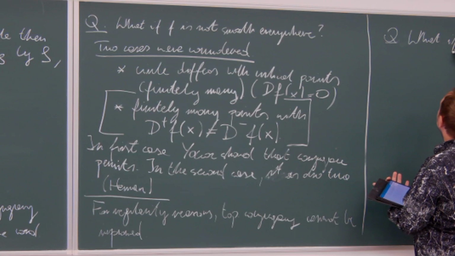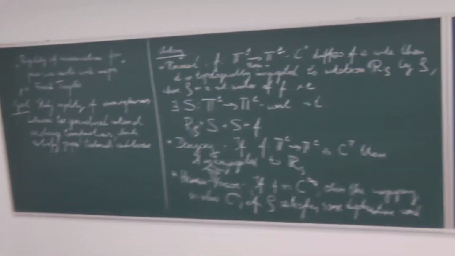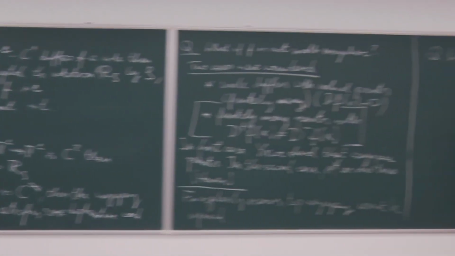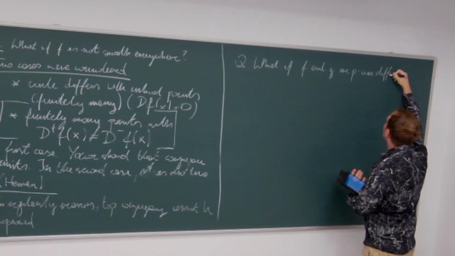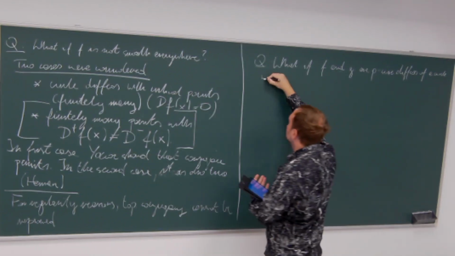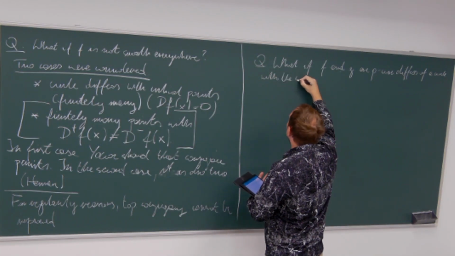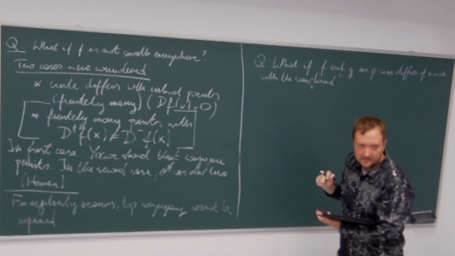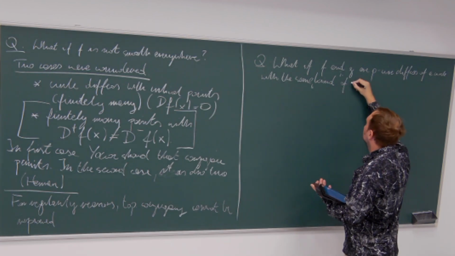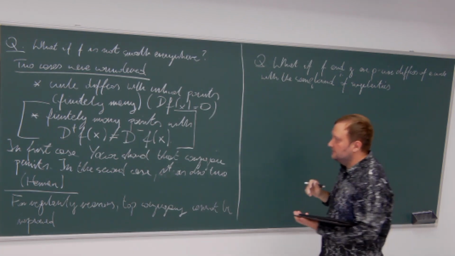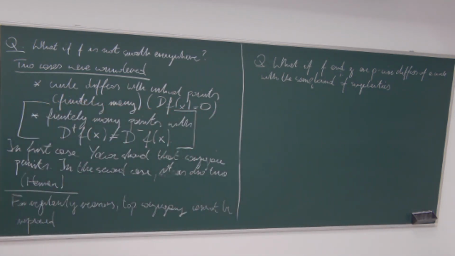what if F and G are piecewise diffeos of a circle with the same kind, whatever that means, I will explain in a moment, of singularities. And by the same kind of singularities, in case of piecewise circle diffeos, I simply mean that first of all,